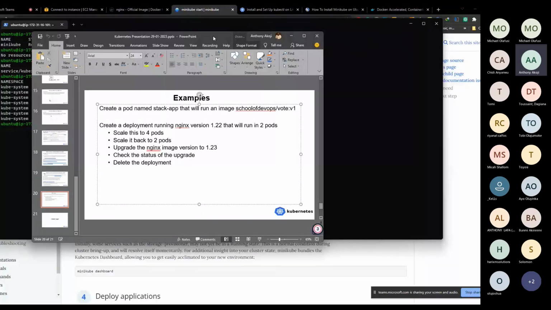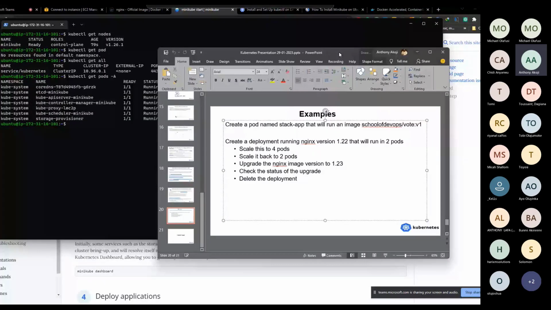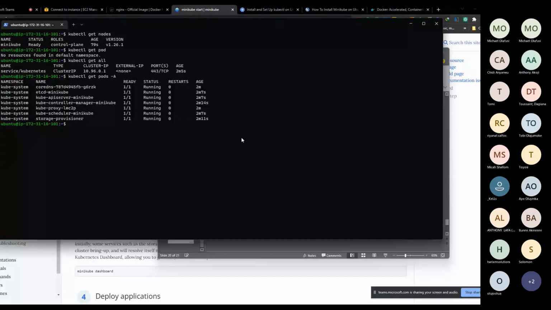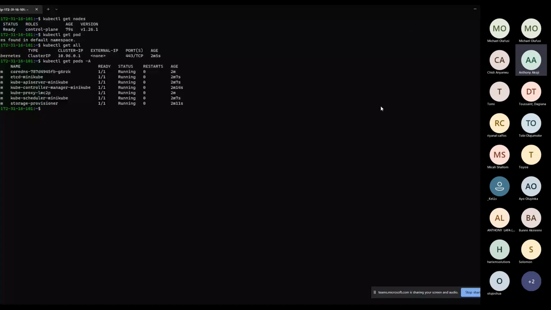So what I'm going to be doing now is just to create a particular pod that is named stack app, and to run it with an image using School of DevOps/vote. So I'm just going to copy that, and I want to create an application or a pod. So if I do kubectl,